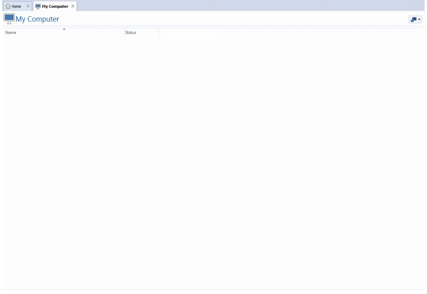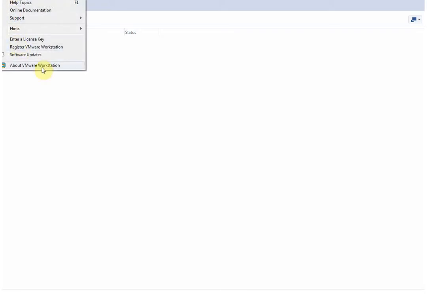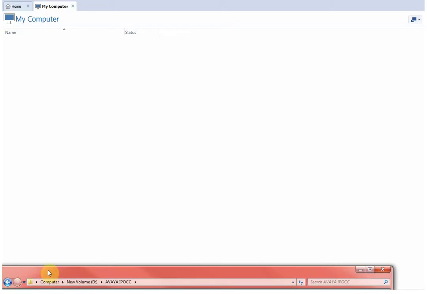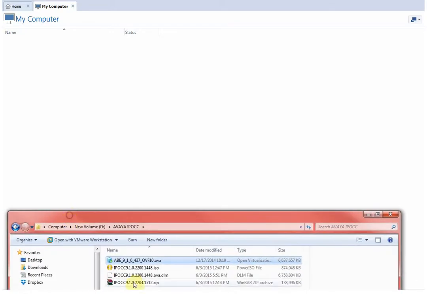So I'll use Workstation 11. As you can see, I have VMware Workstation 11, and I will use it to deploy the IP Office OVA template. I have already downloaded the OVA file, which I can show you over here. This is the OVA file which I have downloaded from the official Avaya website, and we will use this template to deploy